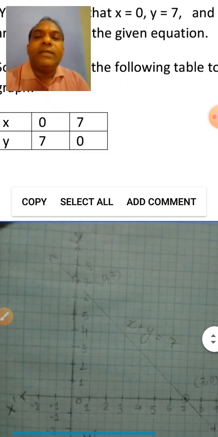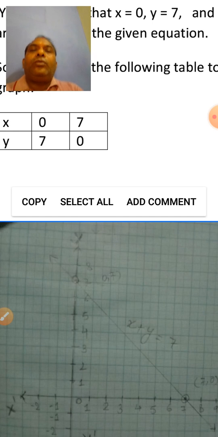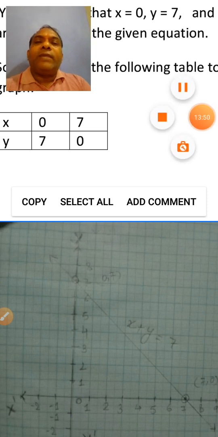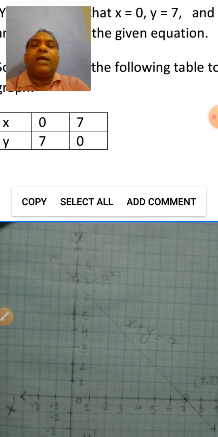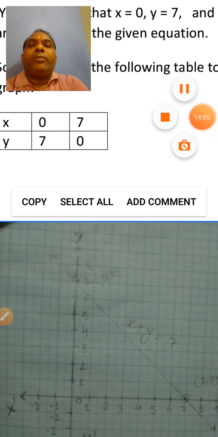So it means to plot the graph of the given line, firstly find the value of y in terms of x, then put the different values of x and find the corresponding values of y. Then you can plot the graph, or you can plot the given line. Clear?